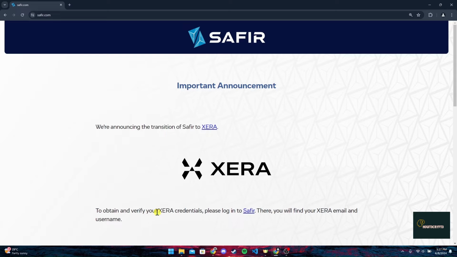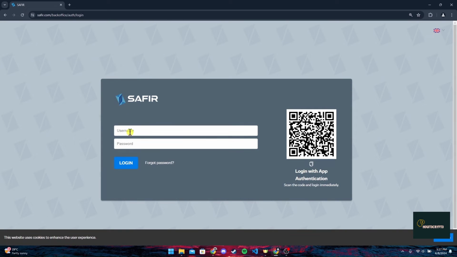To obtain and verify your Zera credentials, you can log into Safir link, which is here. Click on this link. Then you will be directed to login page where you need to type in a username on this field here and a password here. After typing in your password, you can click on login button to log into your Safir